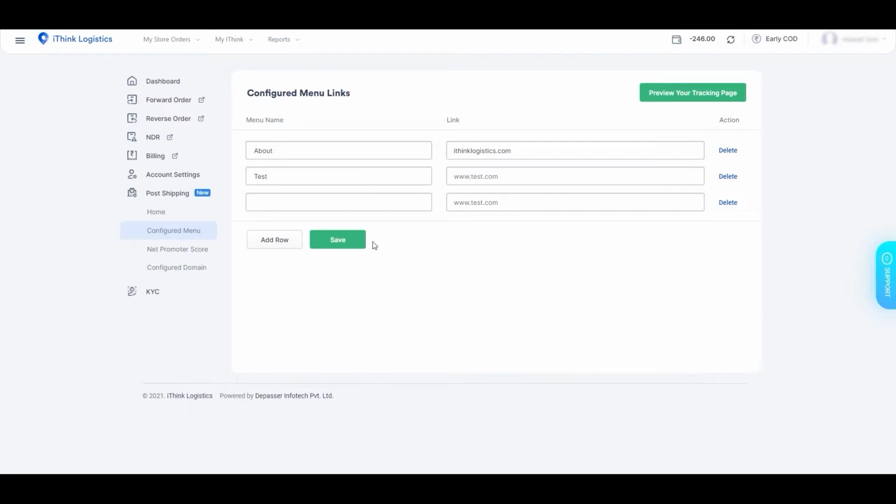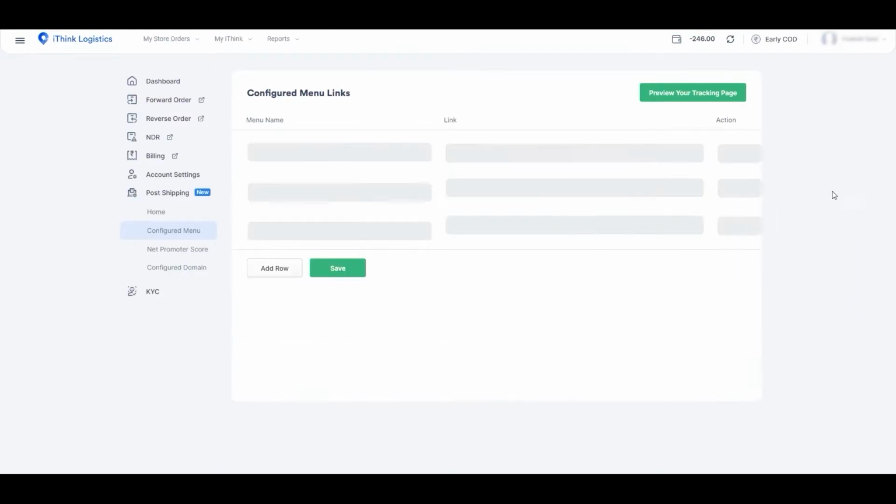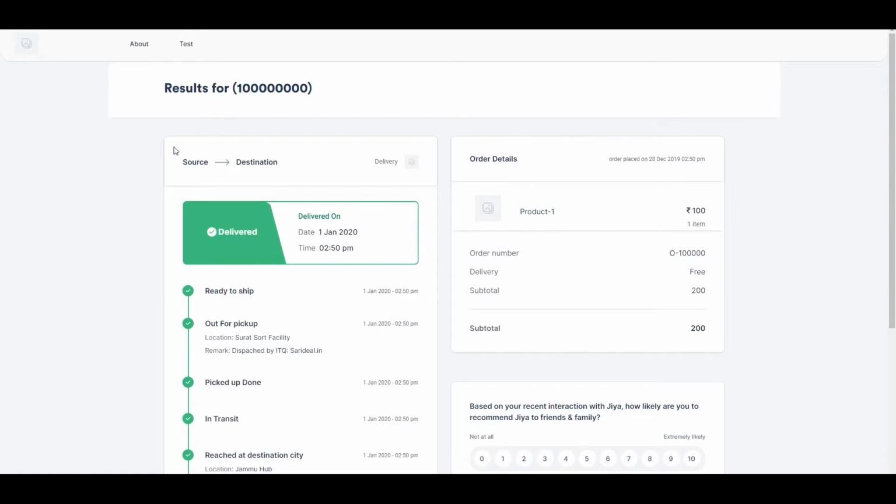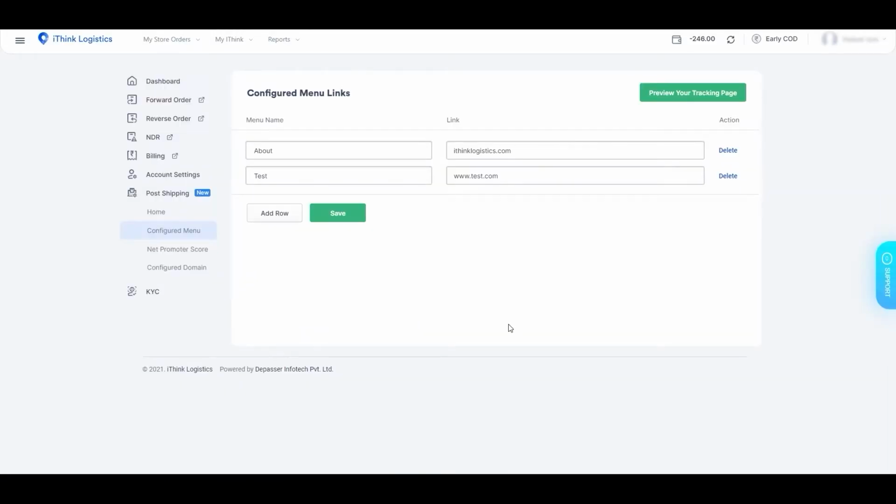The seller is allowed to save and delete data. There is a limit of 6 rows. At the top of the page, there is also a button that allows you to preview the tracking page. You can click on it to see a preview of the menu option where you will be able to add a link to it, and you can also preview the same link and make all necessary changes in real time. Once you submit all the changes, the data will be saved and properly displayed on the tracking page.